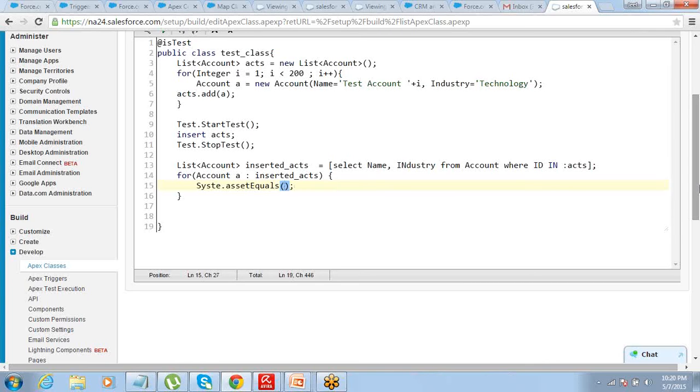So which field do I want to check? a.Description. Description should have got updated to 'Technology Account'. So this field should be equal to this value.